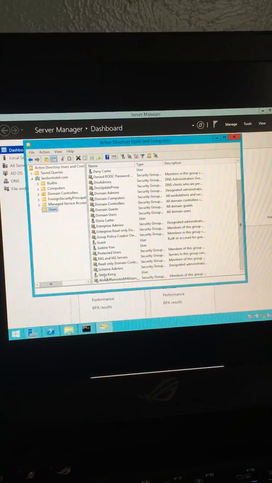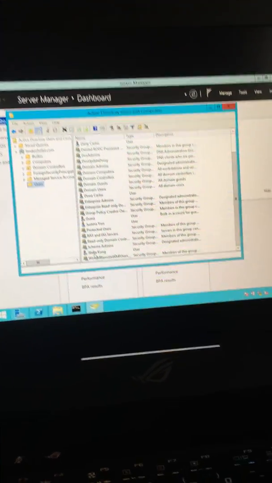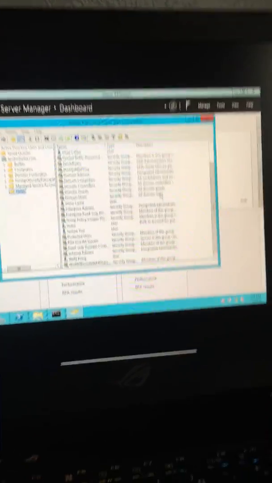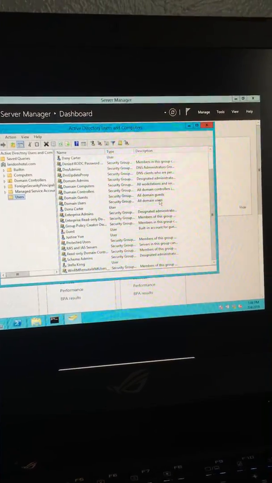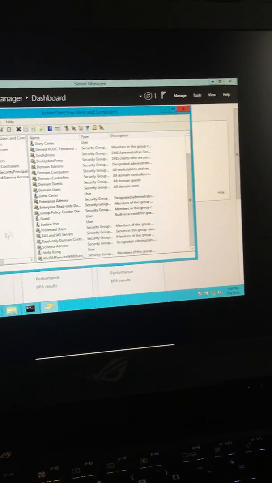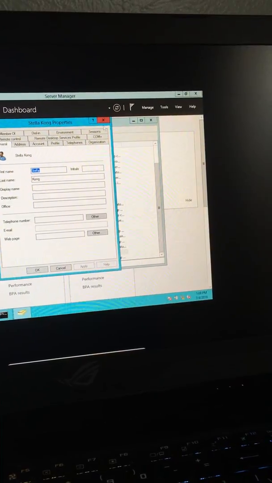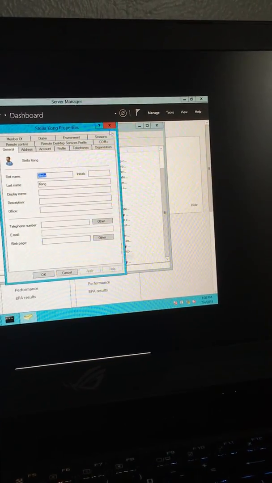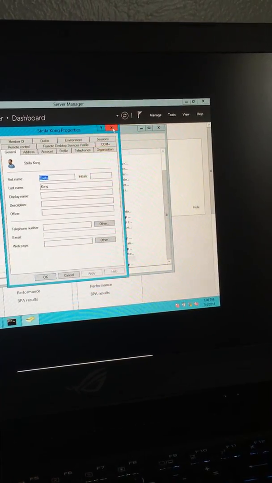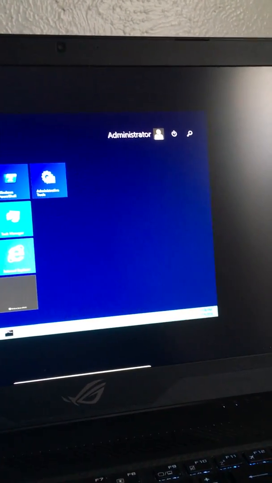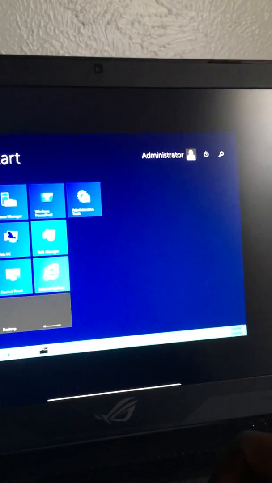So in order to recover Stella Kong into the live Active Directory database, you can just get any single piece of information you need over here. Right click, properties, get everything you need, and go back over there and create it, or you can use a command line. You can also use different tools. There's a lot of tools like the